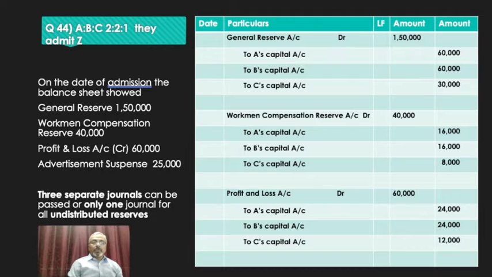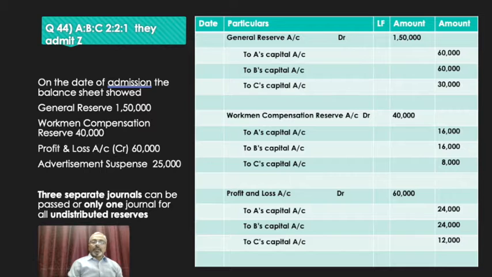Now today I'll talk about sum number 44. In this sum we see that A, B, C are three partners having a profit sharing ratio of 2:2:1. They admit Z and on the date of admission there are the following four items which are there in the